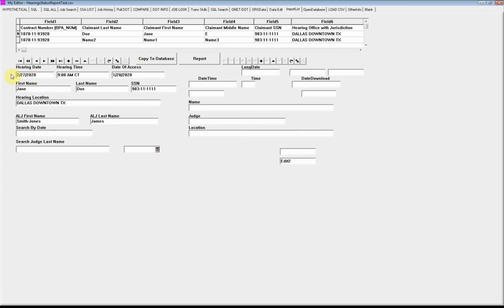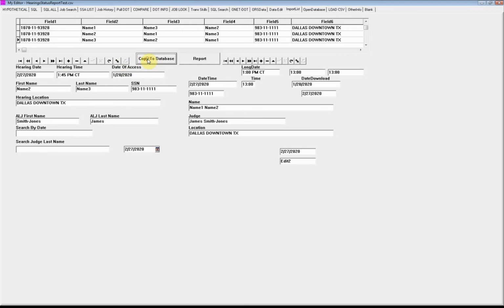So this first one, you see we've got the hearing time, the hearing date, date of access, first name and last name of the claimant, Social Security number, location of the hearing, ALJ first name and last name, and then some searches that you can do if you're looking for just a specific judge. But I'm going to go ahead and copy this one, and I'm going to copy this whole docket of cases for Smith Jones,